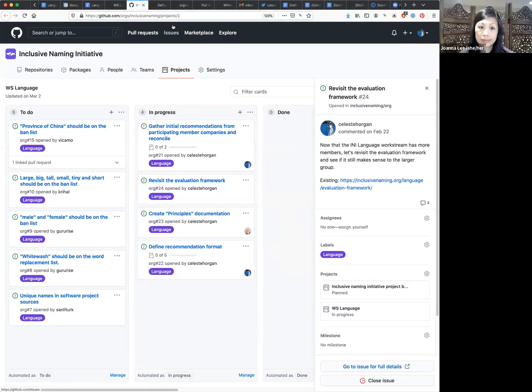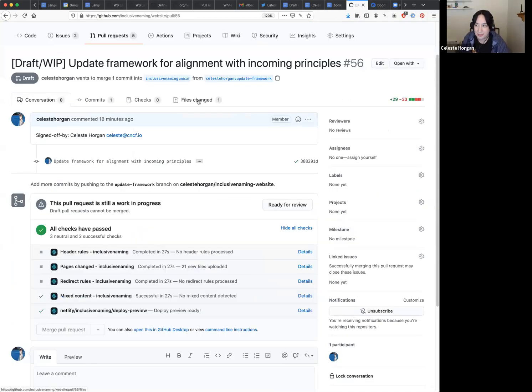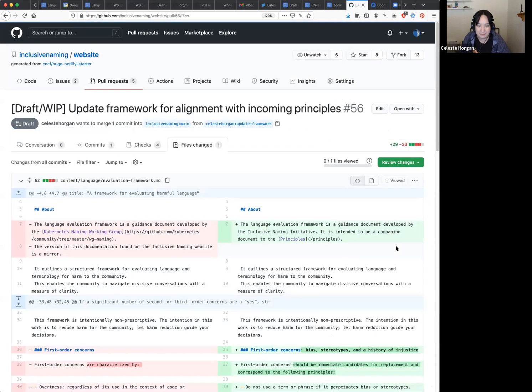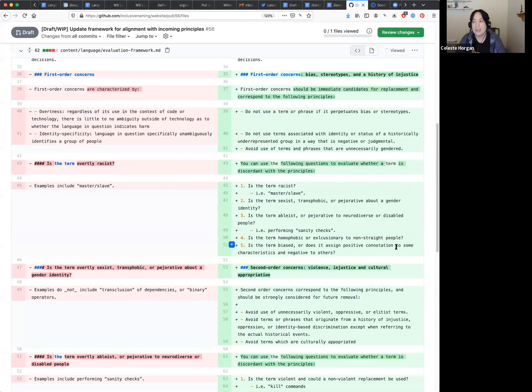So the other half of that conversation was around how do we start aligning our existing evaluation framework to the principles that we now have, because they should be kind of in lockstep, right? So I took an early stab at that this morning, and I'll just walk through it with y'all. Reading through Joanna's recommendations for principles, I think the direction we can go in with this